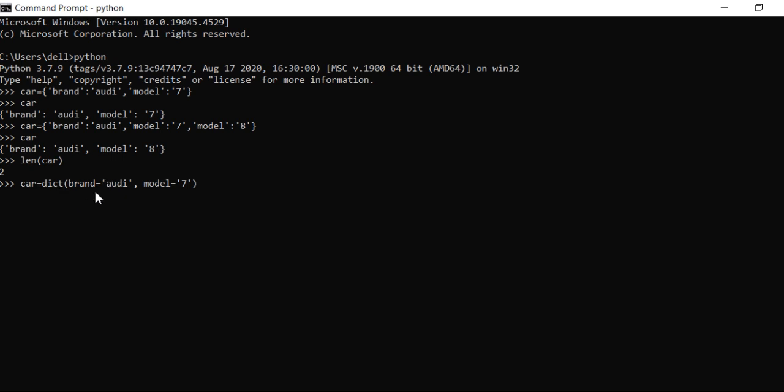Here keys are not surrounded by any quotation marks, and we are using the assignment operator here. When I hit enter, we will not get any error.